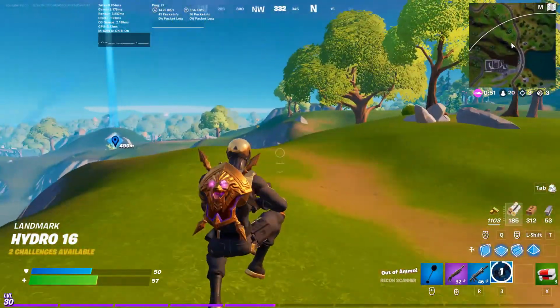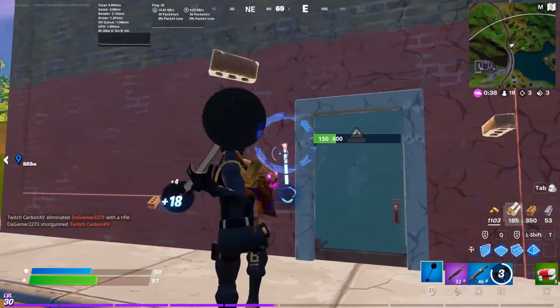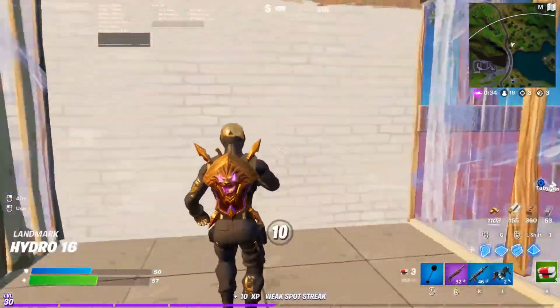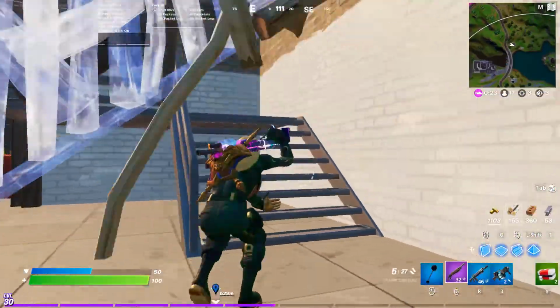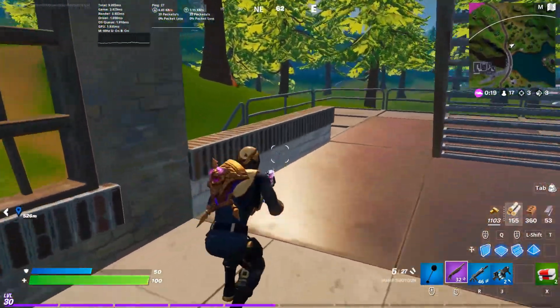And now I'm at this place, so there should be some loot here, but I have a feeling that someone's hiding behind here. So I box up, I take that wall, and I pop my med kit, and now I'm good to go. So now I go up here to see if anyone's fighting, but I do see people fighting in the